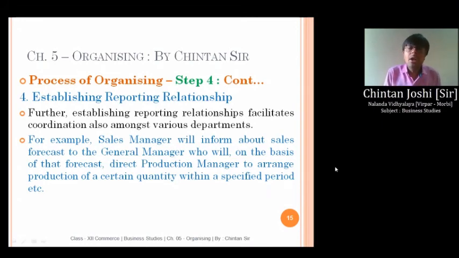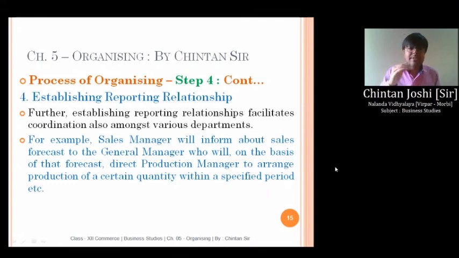Let's say the example. For example, the sales manager will inform about the sales forecast to the general manager, who will, on the basis of that forecast, direct the production manager to arrange production of certain quantity within a specific period of time. देखो यहाँ पर जो बात है, it is vertical as well as it is a horizontal